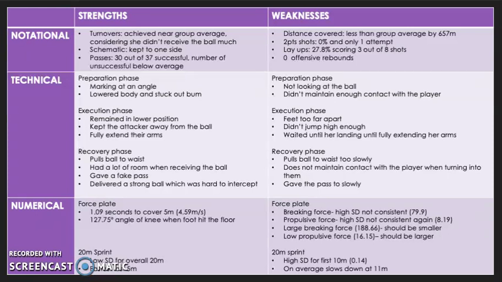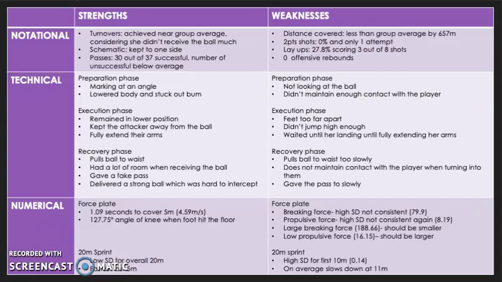A second weakness identified was that the propulsive force also had a high standard deviation, showing the inconsistency when she was pushing off of her foot. This would lead to her being inconsistent in sprinting again. Another weakness identified was that there was a large braking force, which is a weakness because the large force is slowing her down and is not ideal, but then her propulsive force is really low as well, which means that there's not much force pushing her off each stride. Because her braking force is so high and the propulsive force is so low, it means she's losing so much speed potential.